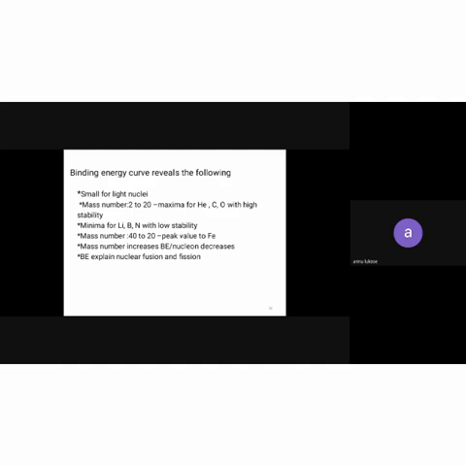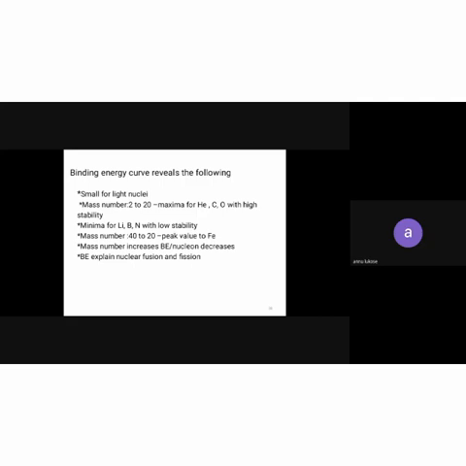For mass numbers ranging from 2 to 20, there are maxima for atoms such as helium, carbon, and oxygen, indicating higher stability of the nuclei, and minima for lithium, boron, and nitrogen, indicating low stability. Next, for mass numbers ranging from 40 to 120,